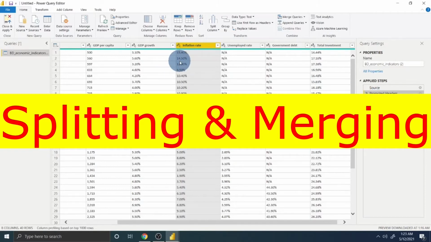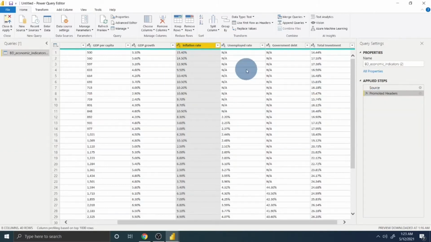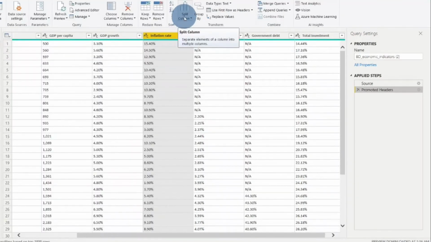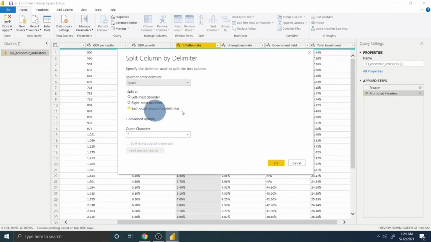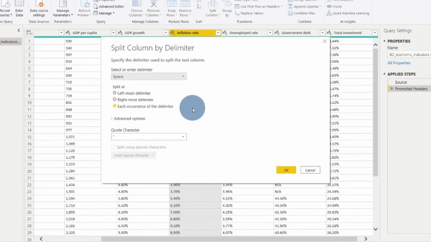Now my dear learners, two of the key features of editing are transforming your data by merging or splitting. If you would like to split the data set into two columns, let's say we would like to make the inflation rate into two columns, we just press split column. First, we can choose the delimiter option, or you can choose anything you want, and then you see the select or enter delimiter. If you click this one, there are a lot of options: space, comma delimited. We are delimiting that into two columns, splitting one, and then we see the leftmost delimiter.